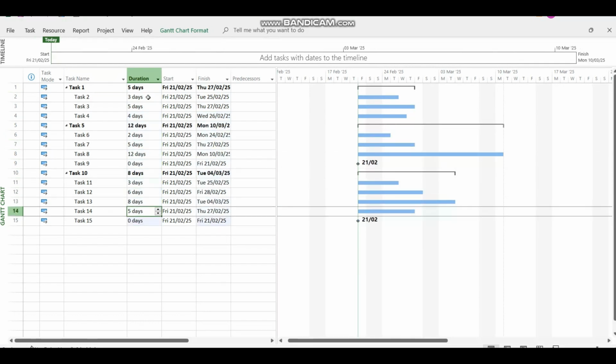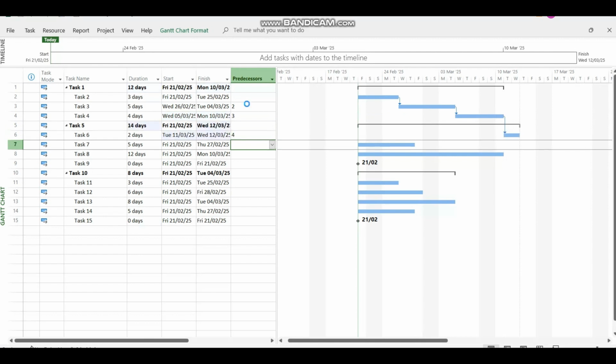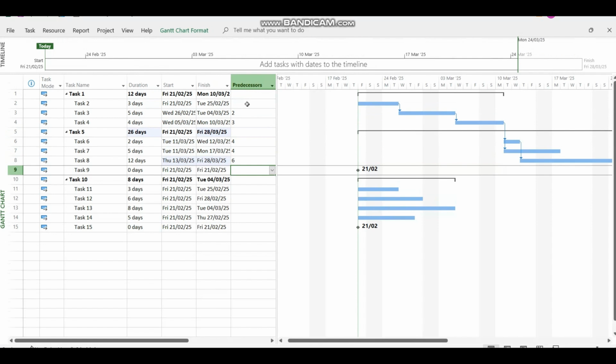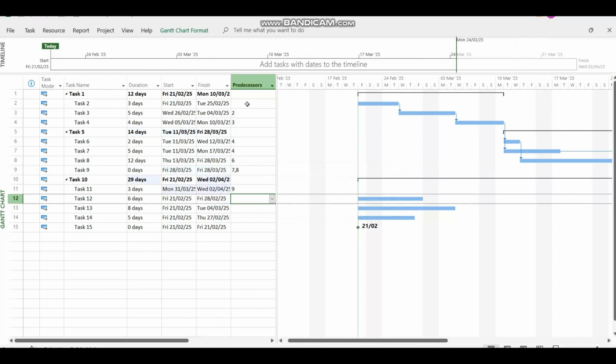Now add predecessors to the child tasks. The first task in the project will not have any predecessor. You can add more than one predecessor for a task. There can be different types of dependencies between tasks. If you enter only the task ID of the predecessor, the dependency is considered finish to start. Add SS for start to start, FF for finish to finish, and SF for start to finish along with the